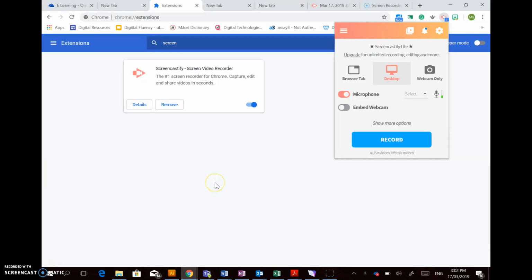I'm using Screencastify at the moment. So sorry, I'm using Screencast-O-Matic at the moment. So you wouldn't be able to see that necessarily live. So I'm maybe not going to set the embed webcam. A lot of the little mini tutorials that I've been creating for this particular project,